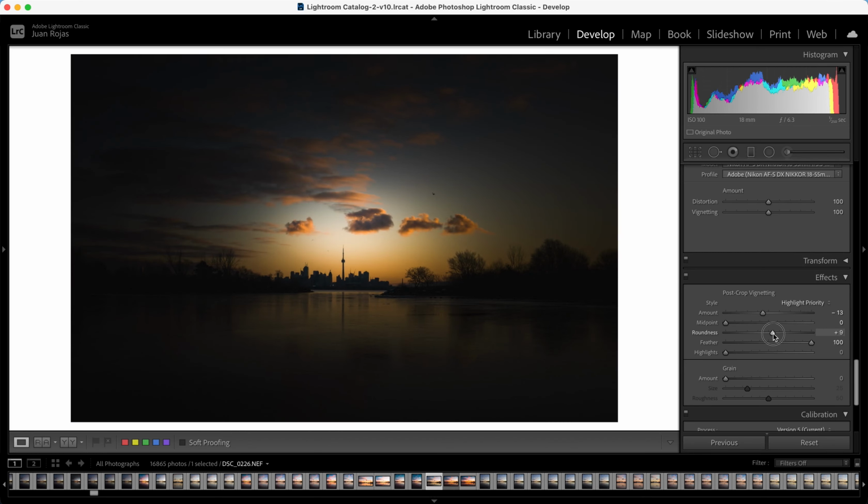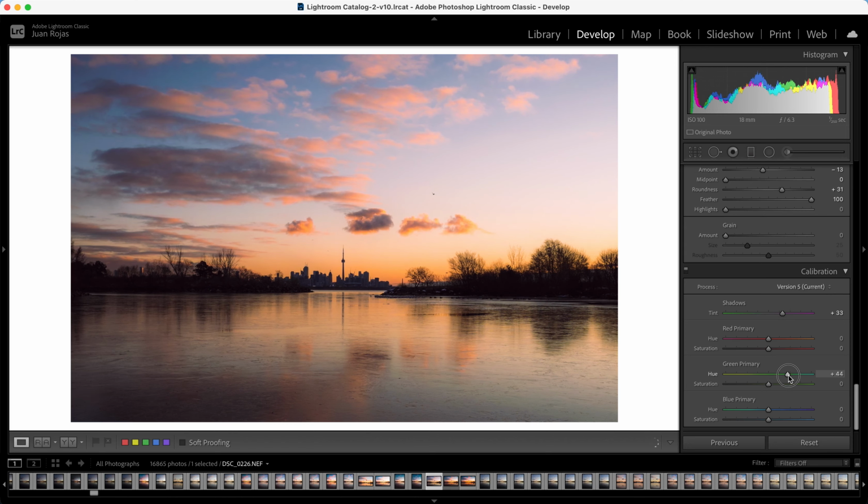The last step before we focus on the local adjustments is to go to the color calibration tab. To finally adjust the green tones that we still have in the image, I'll increase the tint towards magenta, and as you can see, this makes a huge difference on the tones, especially in the shadows. I'll increase the green primary hue slider towards the green side,